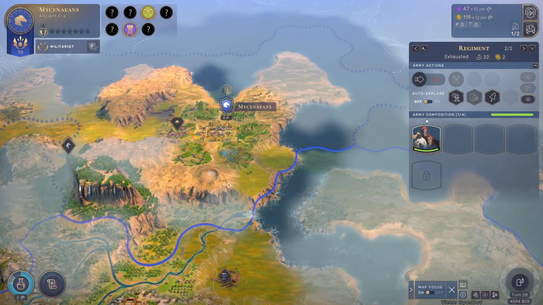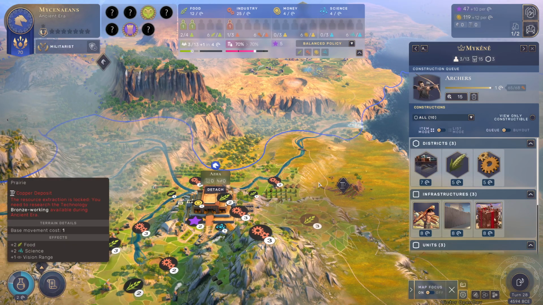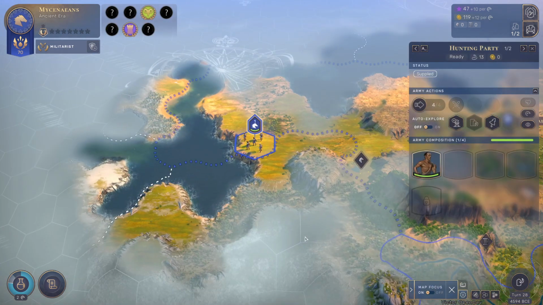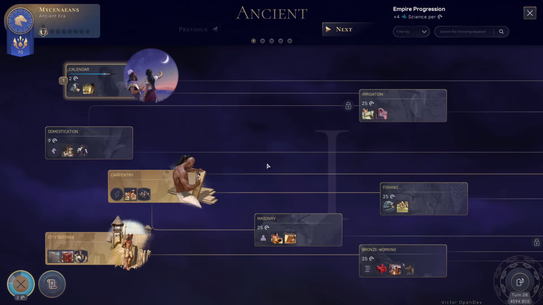How long here till we can build this? 2? Still got no pops in this area. We need more pops. Got 4 turns. We've got an archer being built next turn. I do want to check my tech here. Now, there is something that I want to try and go for at some point. Where is the...